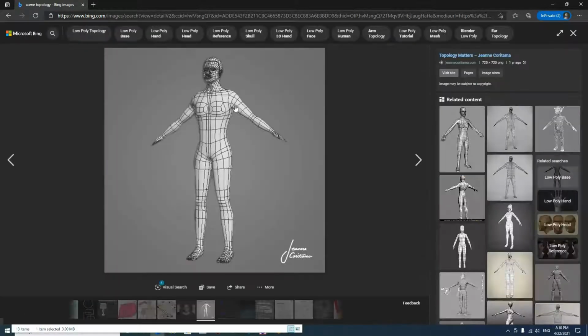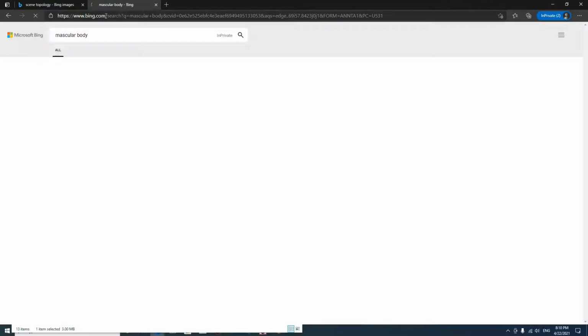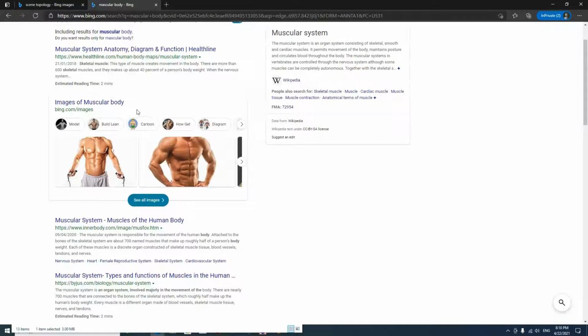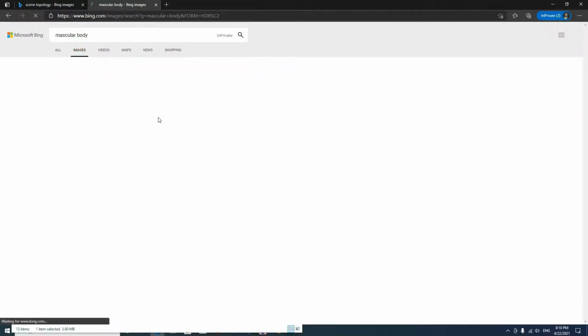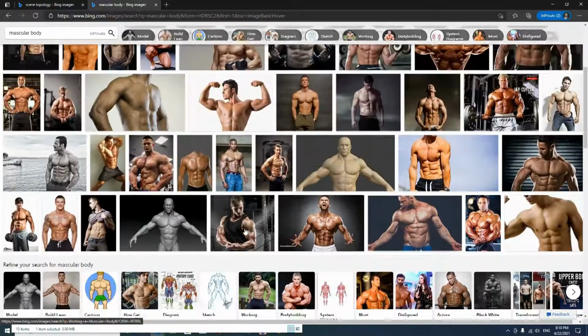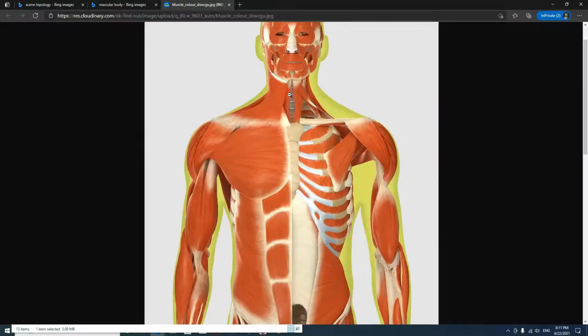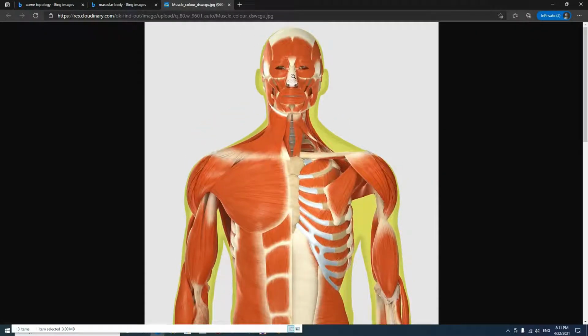Now we have the character. This is a scene topology. How it can join, when you see our body, the muscular body. We are looking at the muscular body image. When you drag down, you can see how it is created. Click on this, this is the muscular body image, and now you can see the scene topology, how every part of this man is created. We use our tablet to explain everything.